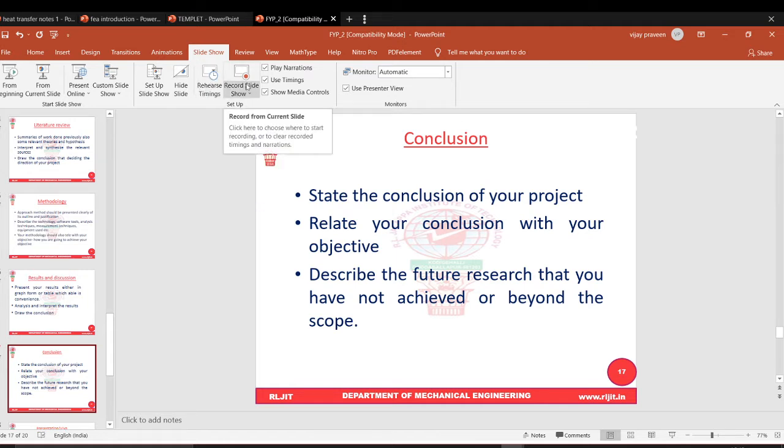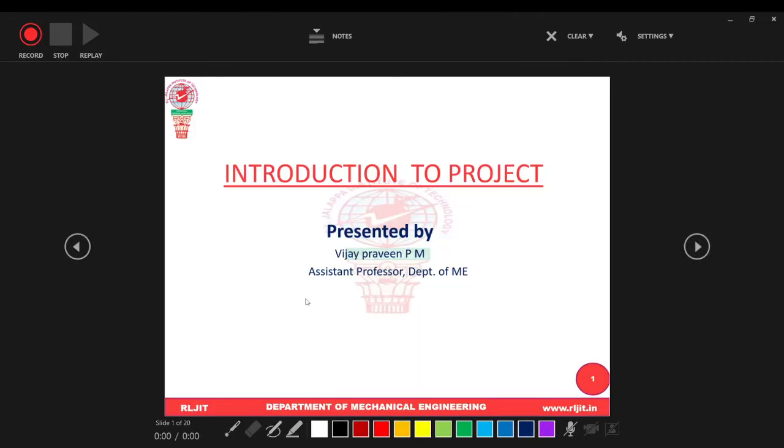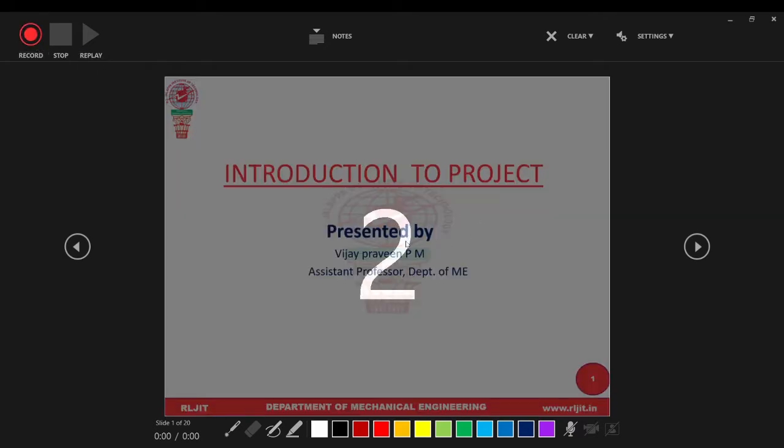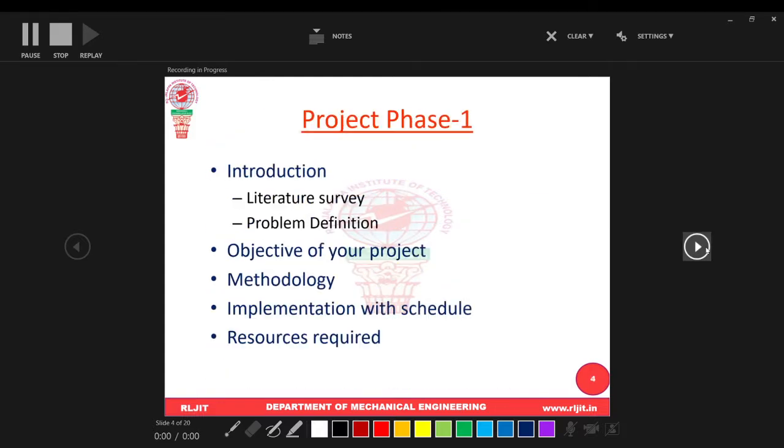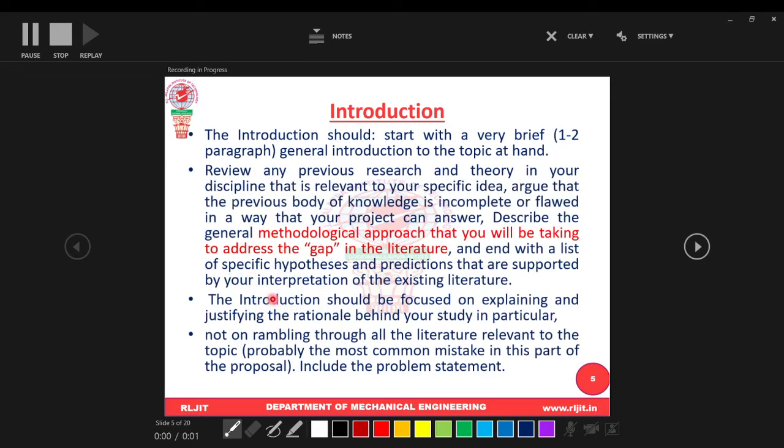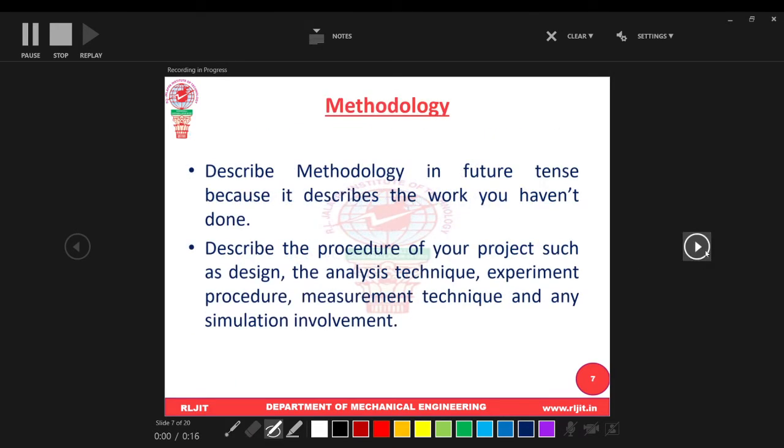Suppose I want to record this slideshow from the beginning. Then you can see the recording will start. Let's start from 3, 2, 1. Now I am starting to explain. And I can even use the laser pointer here wherever you want. Therefore, the audience will pay attention to which paragraph or which line you are explaining. Or if you want to highlight or write anything, you can use it. You can highlight. And if you want to go to the next slide, go like that.